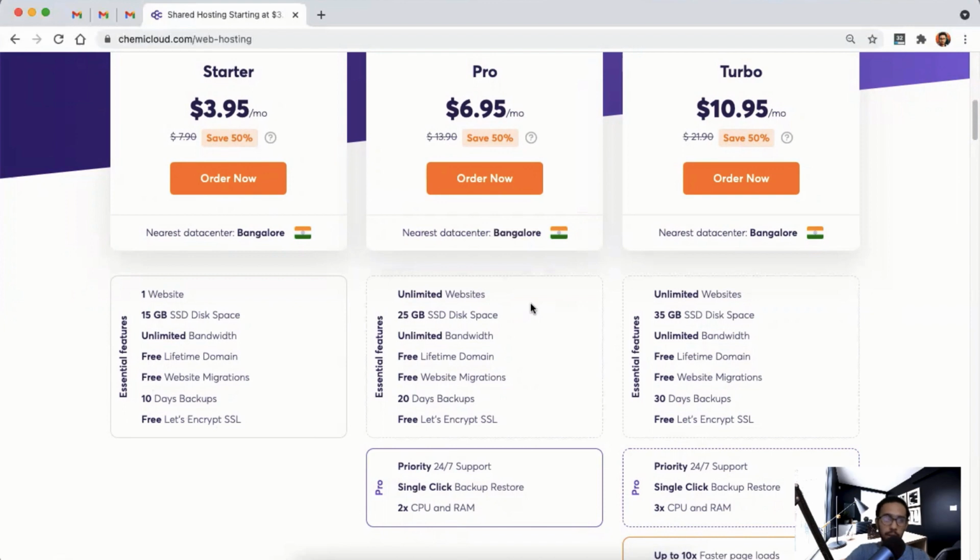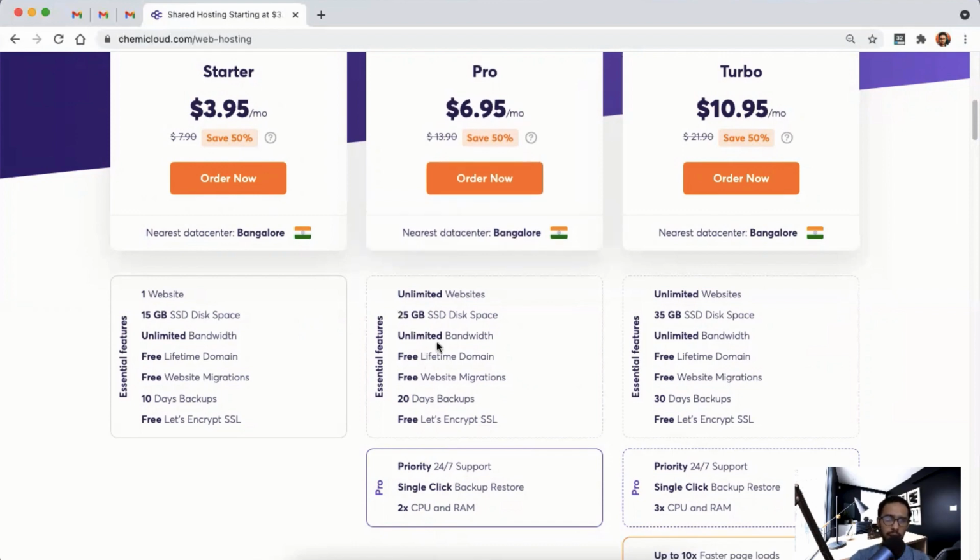And talking further about the pro plan, you get to host unlimited websites, up to 25 GB of SSD disk space, unlimited bandwidth, a free lifetime domain, and free website migrations as well. You'll also get 20 days backup of your website and a free SSL certificate.